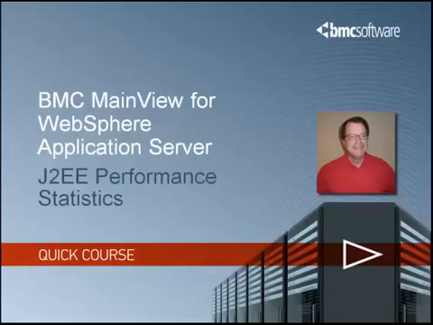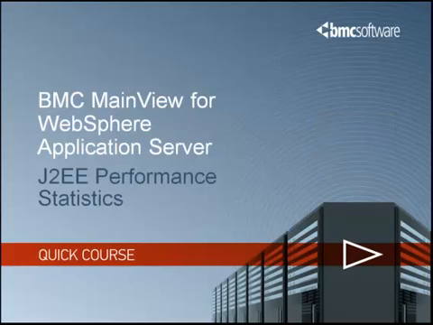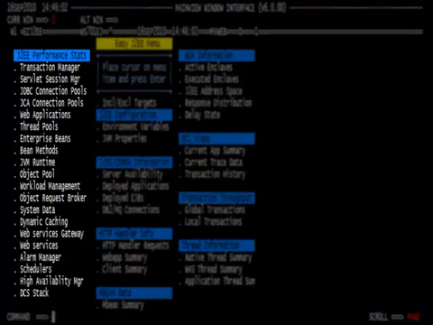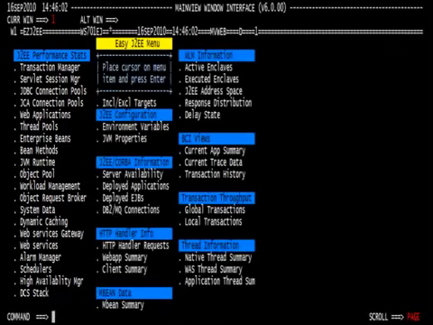In this demo, I will show you how to view J2EE performance statistics with MainView for WebSphere Application Server, or WAS. The EZ J2EE view is the base launching pad for all other views in MainView for WebSphere Application Server. The data for the EZ J2EE view comes from Performance Management Infrastructure PMI data. You can see PMI transaction statistics, web application statistics, web services statistics, JDBC and J2C connection pool statistics, enterprise beans